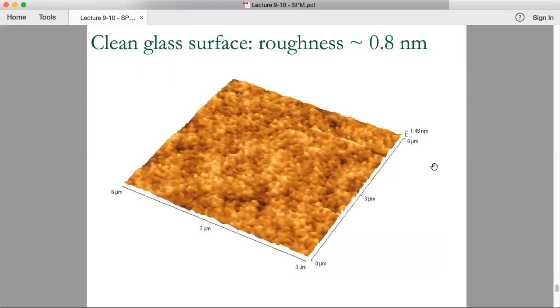So this is a clean glass surface imaged using AFM. Even though the clean glass surface looks very smooth, on the atomic scale it has a roughness of around 0.8 nanometers. These colors, they don't have colors. This is just a measurement of atomic forces